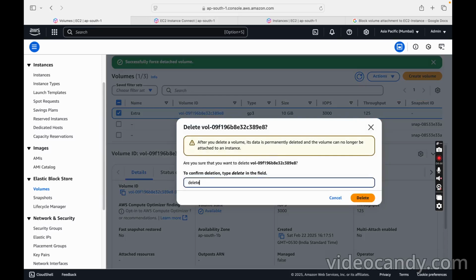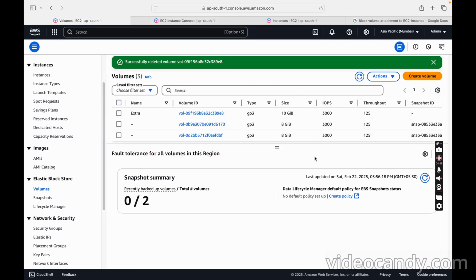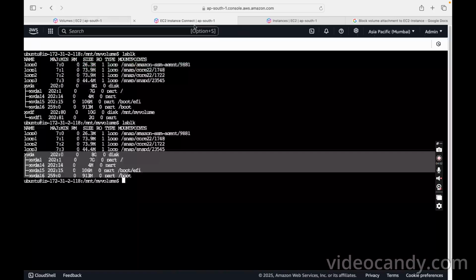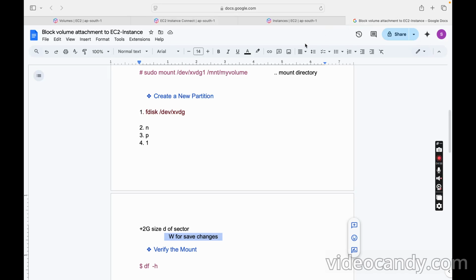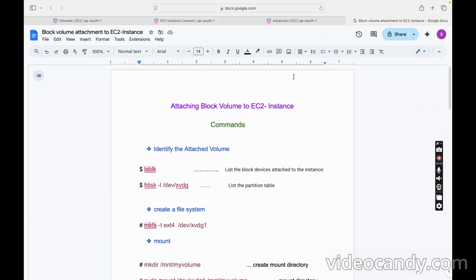As your work is done, you can delete this. Now there will be only a single block and nothing else is there, so this will be removed also. So that's it for today, today's block volume attachment assignment. Now in the next part we'll see there are other storage options also in AWS called